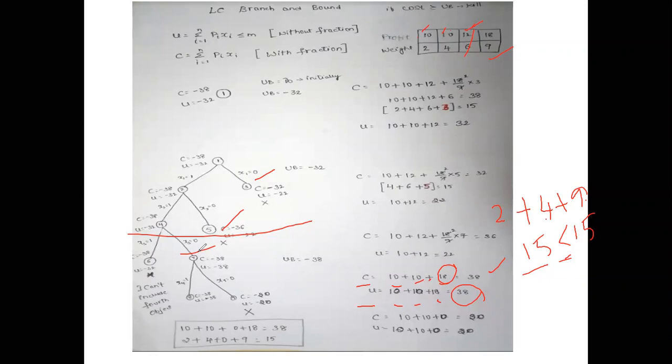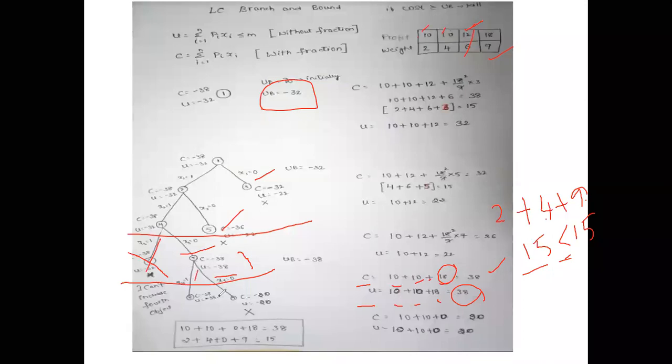Fine. So we have done at this particular point, right? So what is the upper bound value which we got here? Minus 38. Now at this level, which is the minimum, minus 32 or minus 38? Minus 38 is minimum. So you need to update the upper bound value, which will become minus 38. Done till now? Fine. So now you branch further. I cannot branch at this node 6 because it is not the least cost. The least cost is minus 38. So branch at this particular level.